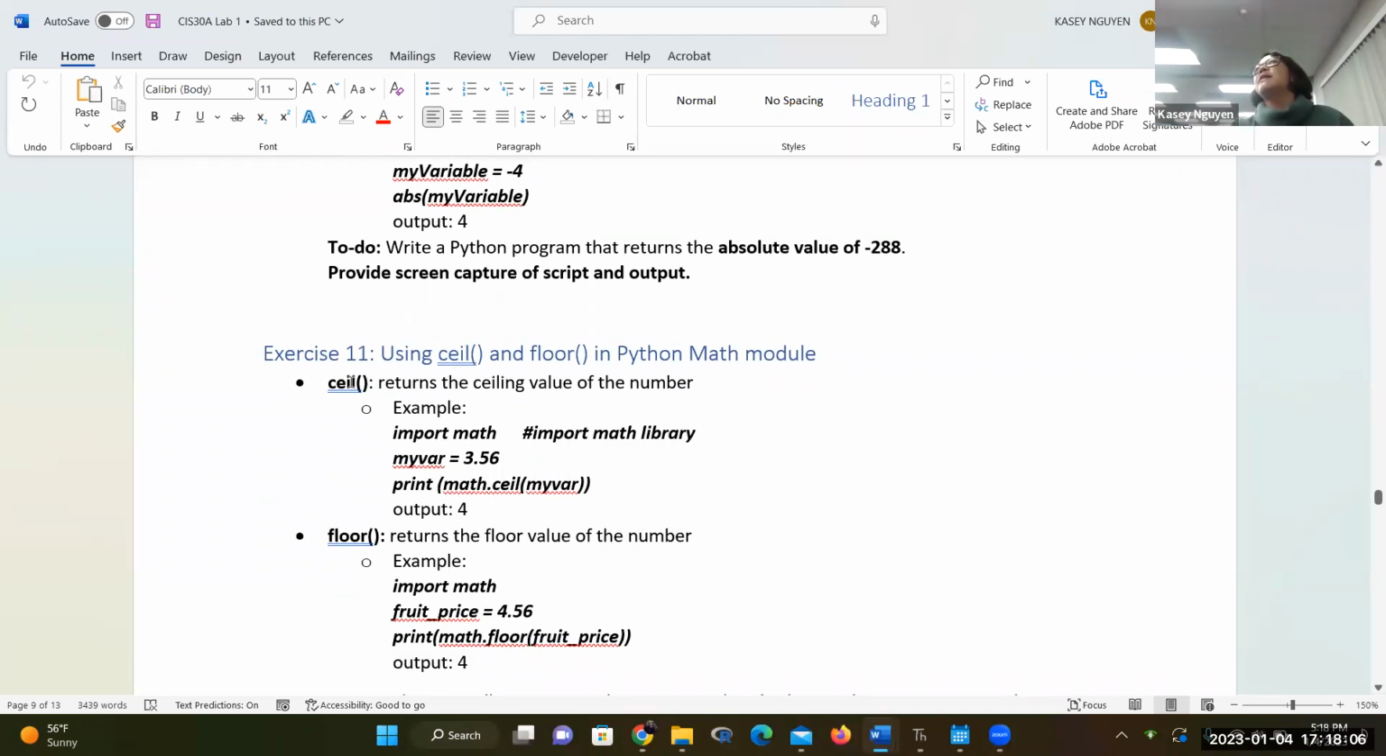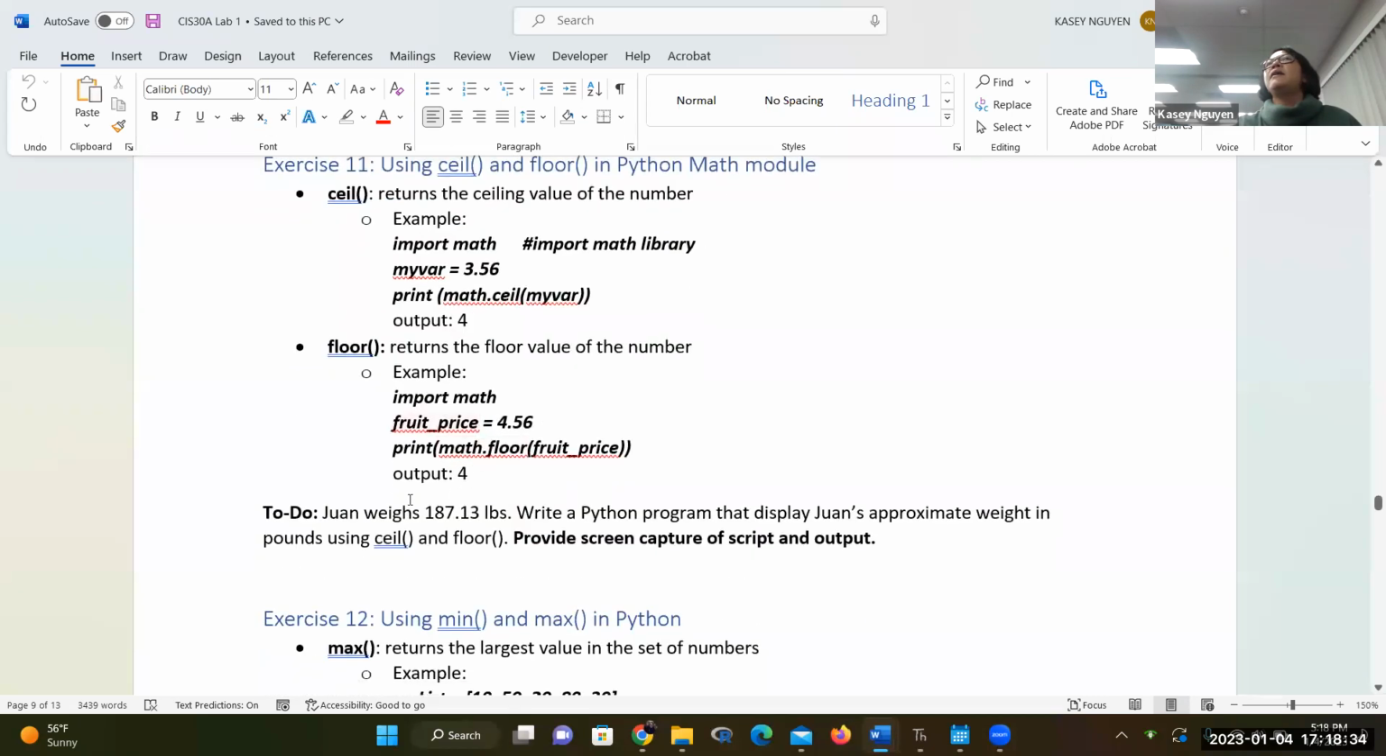So we talked about how we round up to the ceiling, or round down to the floor. So when does this happen? Well, sometimes you compute something and you need to round it to a whole number, right? Could be items, because certain things that you buy, either I buy 4 items or 3 items. I cannot buy 3.5 items, right? So sometimes we need to be able to round that up or down. And in the to-do list, it tells you that Juan weighs 187.13 pounds. We want to write a Python program that is going to,